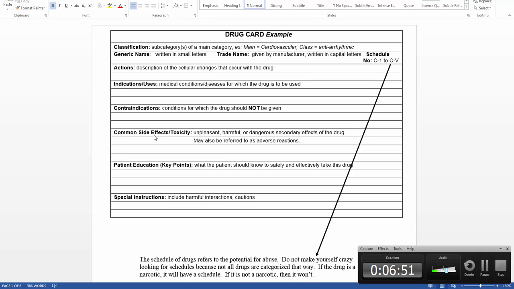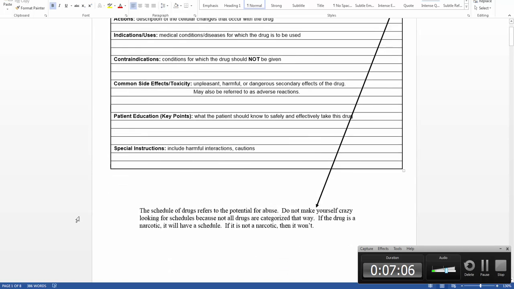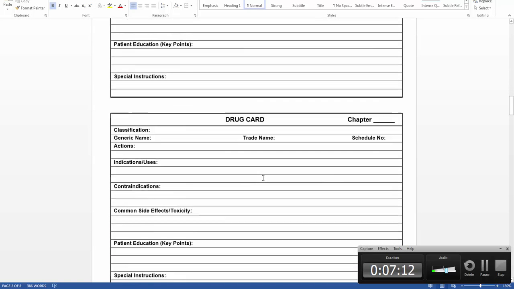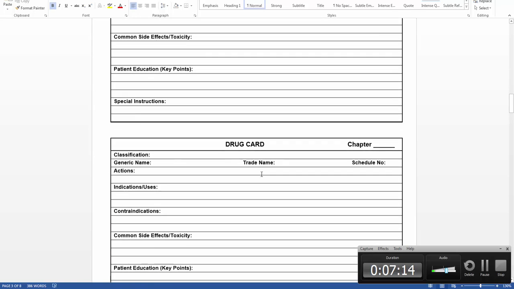If you need further clarification over things like what's an indication and what are contraindications, refer to the index in the back of your book to look that information up, and they are described in your math book as well. So moving forward down here, these are the blank copies of the drug cards, and we've put 2